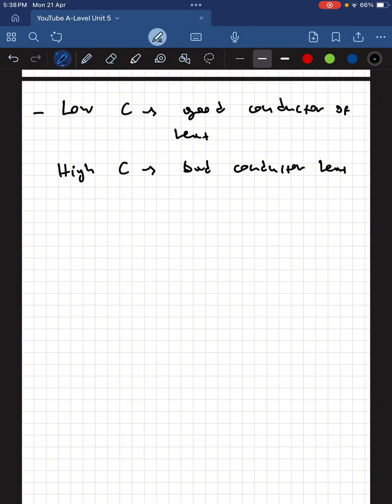Okay, bad conductors of heat are usually also bad conductors of electricity. So for example, diamond. You can provide a lot of heat and it's not going to heat up, because it's a bad conductor of heat. And this is something I already mentioned, but different phases, meaning solid, liquid, or gas of the same material,